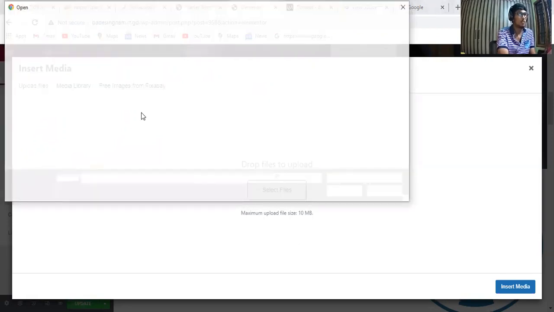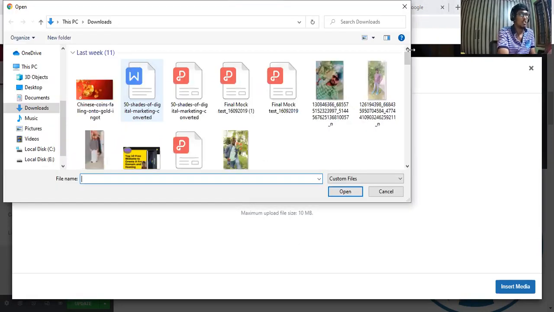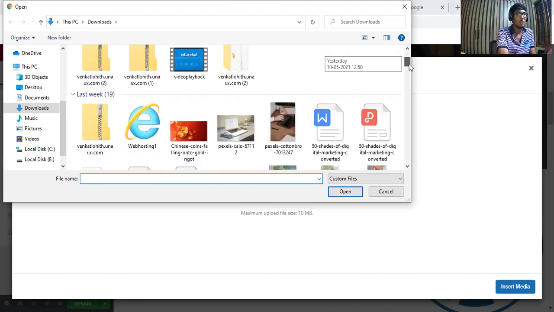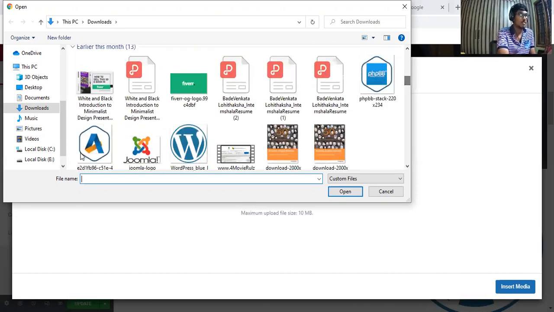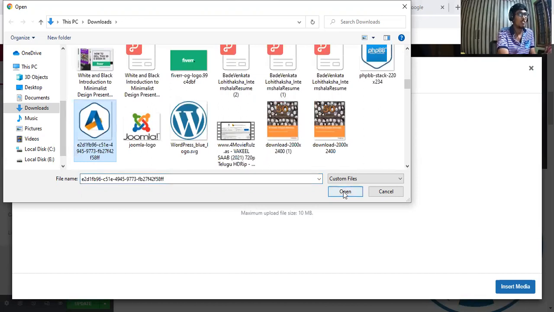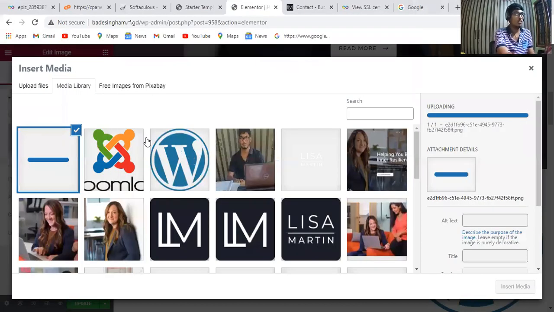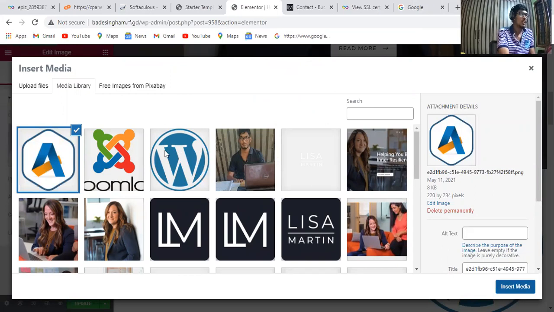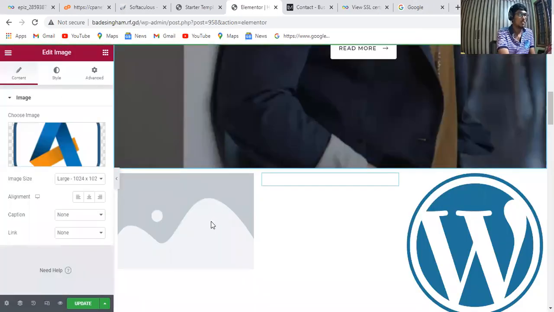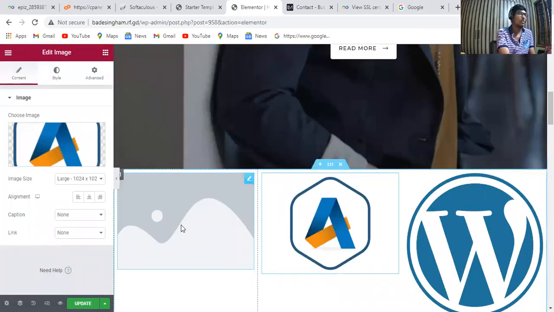That's it. I'm going to paste all those pictures into the WordPress website. That's it. I'm going to insert all those images in the website only. And after that, the final option is how I'm going to paste it here.